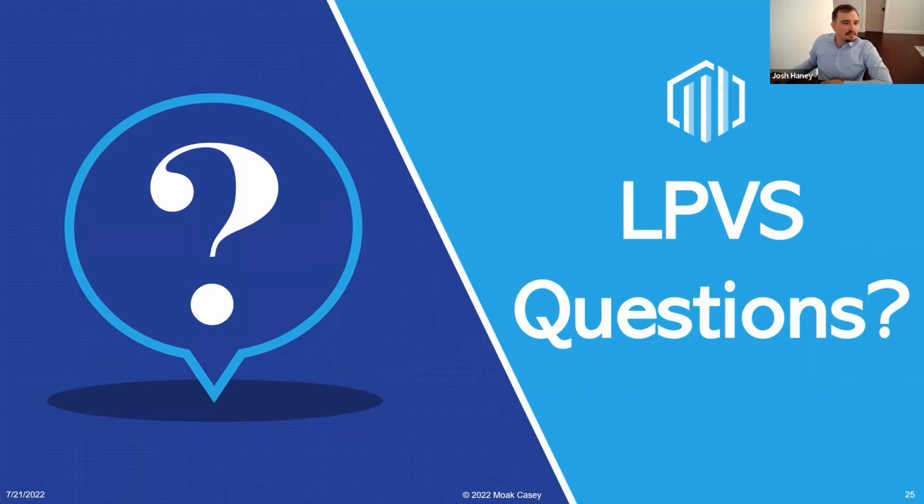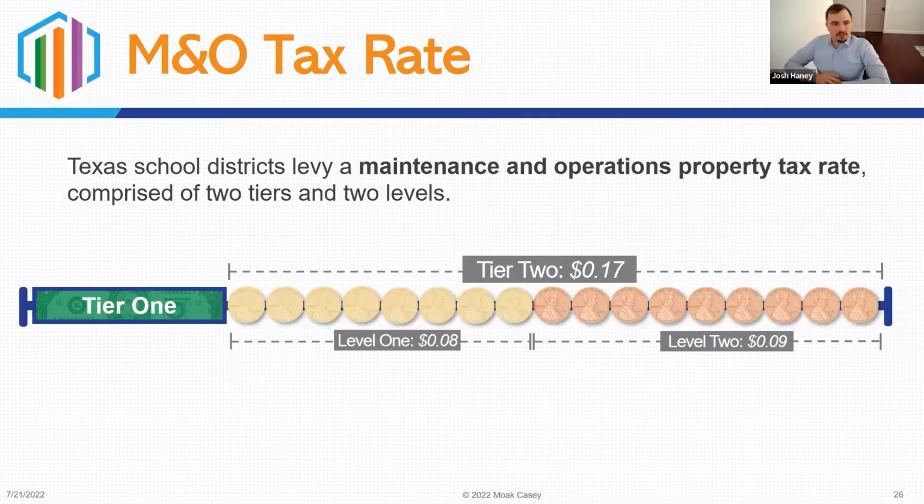Yeah, okay. And so then, if you don't have a 313, then none of this applies to you. But again, only if you have one that expired in tax year 21. Okay. So now, if there are no more questions about LPVS and how your compression is going to work, then we'll move on. We kind of started with the micro, and now we're going to zoom out a little bit and talk about this from a statewide policy perspective, sort of remind ourselves how we got here,